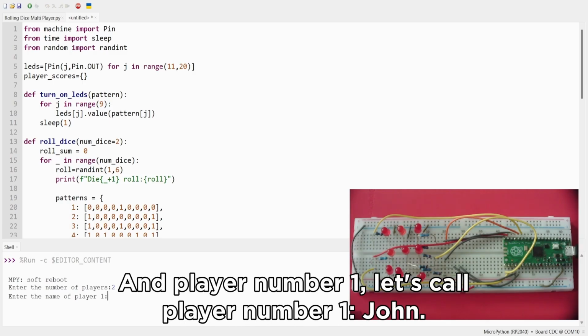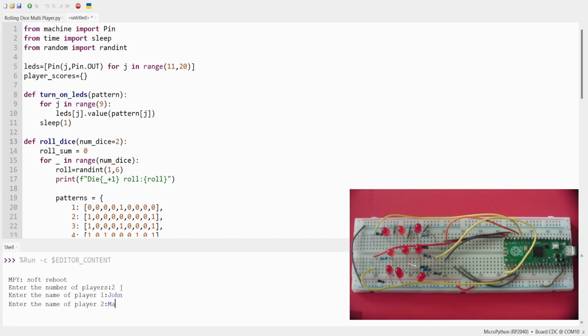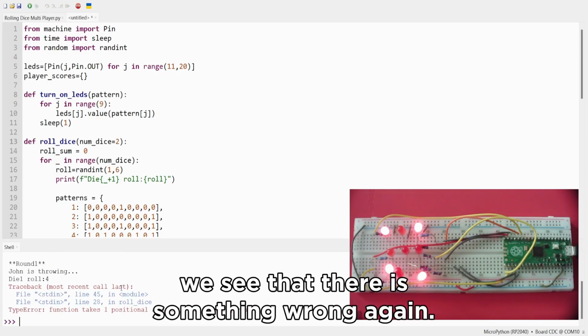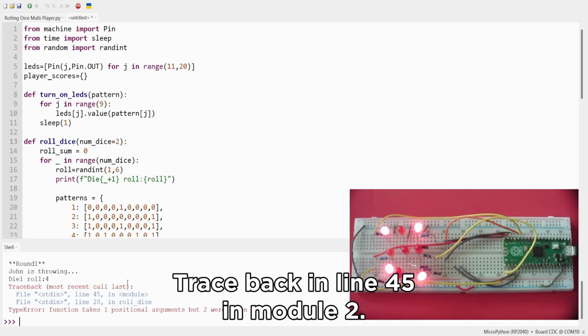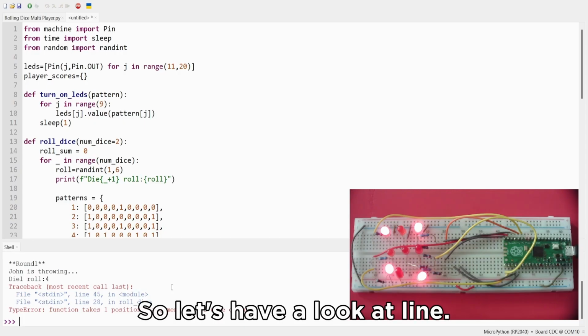And player number 1, let's call player number 1 John, and player number 2 is Mary. Round 1, and oh, we see that there is something wrong again. Traceback in line 45 in module. Function takes 1 positional argument, but 2 were given. So let's have a look at line